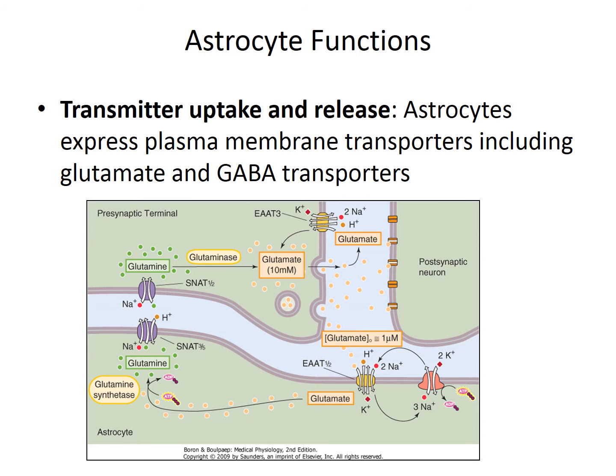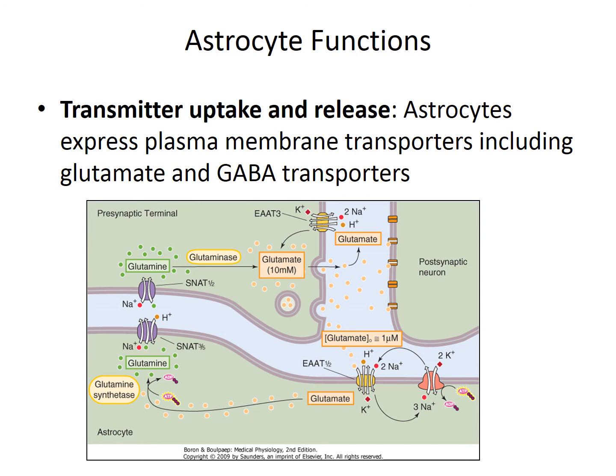Now, another role that we've already talked about is that astrocytes function to mop up the neurotransmitters that are released in the brain, specifically glutamate and GABA. The astrocyte, which is lying alongside of the synapse, has glutamate and GABA transporters. And so when an action potential comes down your presynaptic neuron and glutamate is released, glutamate can be taken back up into the presynaptic neuron, but the major mechanism by which glutamate is